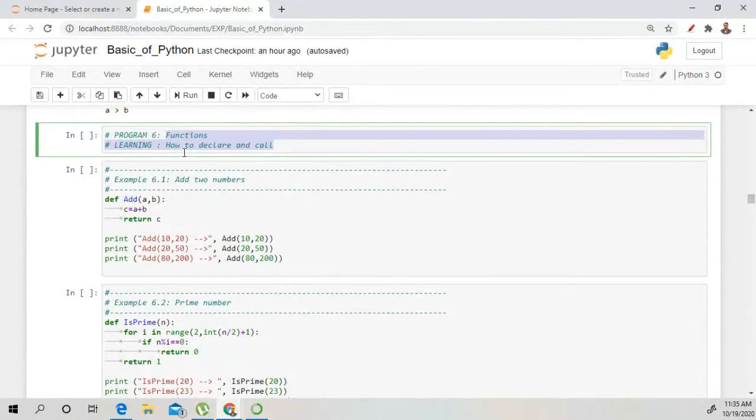Let's take a calculator as an example. A calculator has different tabs like the addition symbol, subtraction symbol, multiplication, division, and so on. Okay. When you press the plus symbol, what will happen? You will take two inputs and those two inputs will be added together. So how is it performed in a calculator?